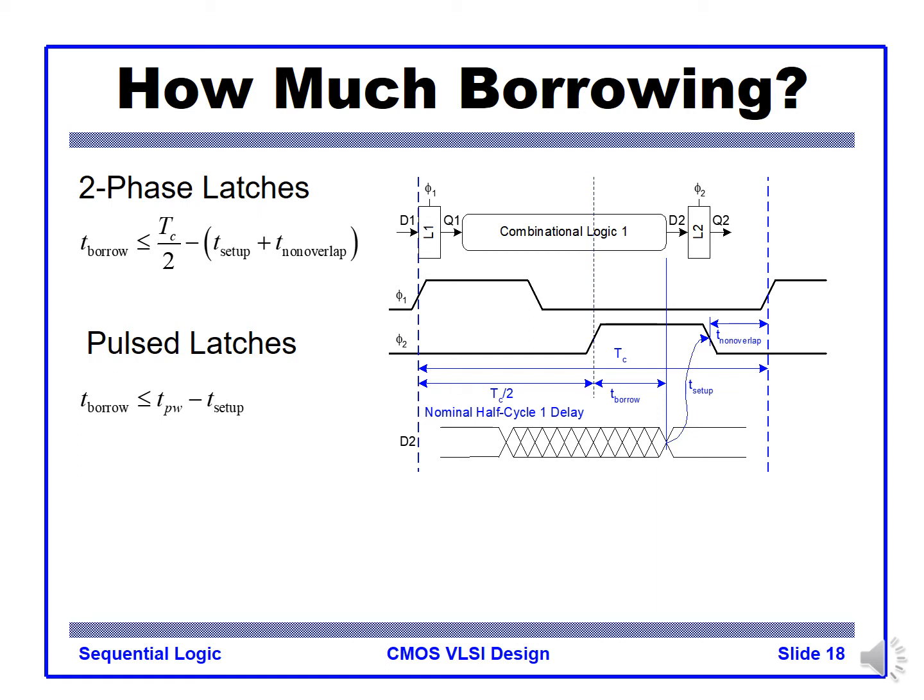We define the time borrowing starting from the rising edge of the second phase. From that, this is time borrowing. That means that the combinational logic still can operate, right? Even after passing this second phase V2. This is the half cycle and time borrowing. So